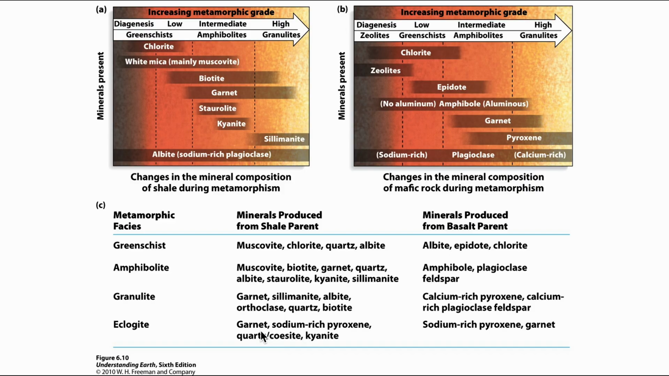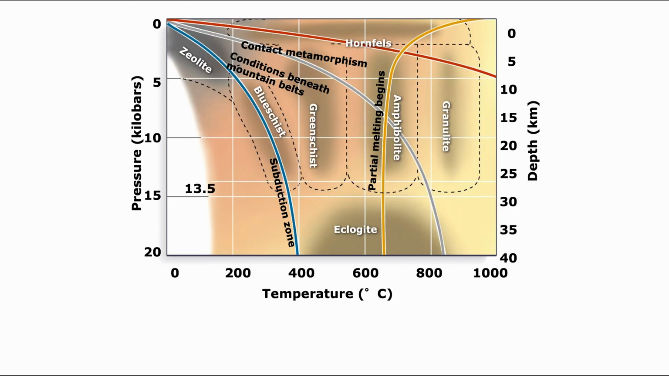The eclogite facies from a shale parent will generate garnet, sodium-rich pyroxenes, quartz, coesite, and kyanite. Basalt parent will generate sodium-rich pyroxenes and garnets. Now, putting all that together in this diagram, it's a slight variant of the one we saw a few minutes